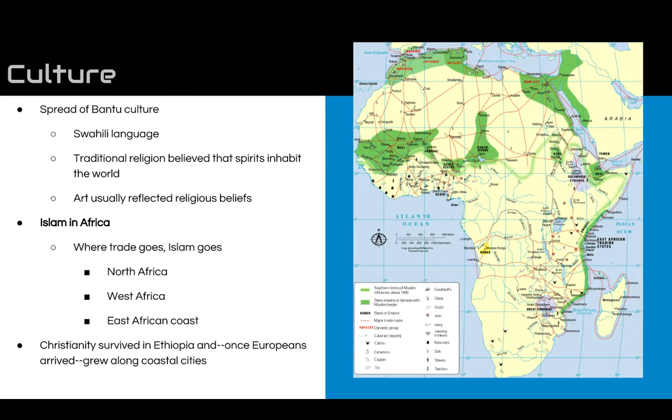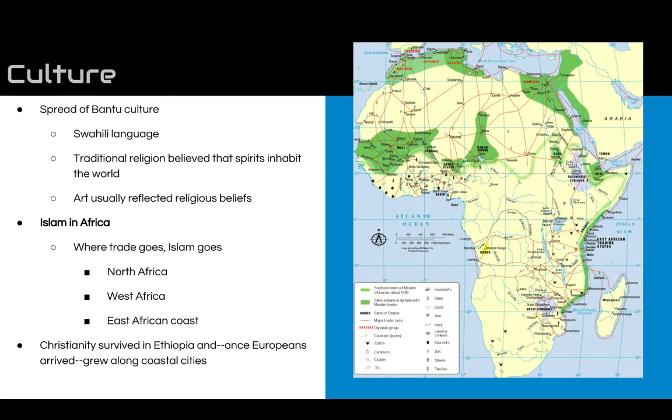So North Africa had a heavy conversion to Islam. When the Trans-Saharan trade begins and connects North Africa with West Africa, Islam spreads. When the Swahili coast, or the east coast of Africa, begins trading in the Indian Ocean, especially with the Middle East, Islam will spread there as well. And so this spreading of Islam throughout Africa is still seen today in majority Muslim North and East Africa.